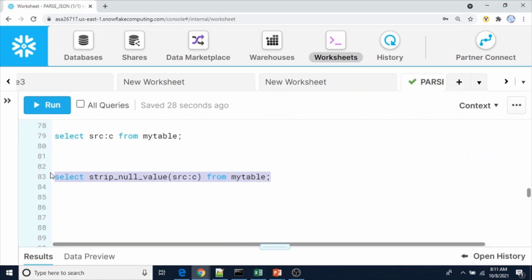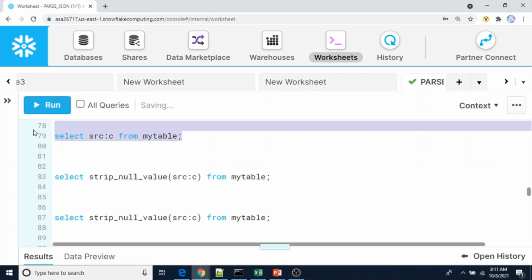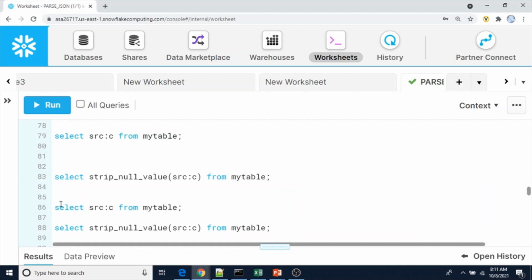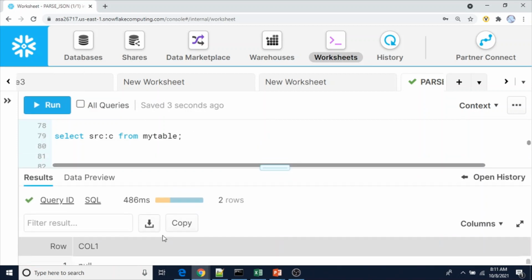On top of this, I'm going to do it like this. So this is the output. Now select star from this one, and I'm going to alias the name as col1 here. If I execute this, two values are there.